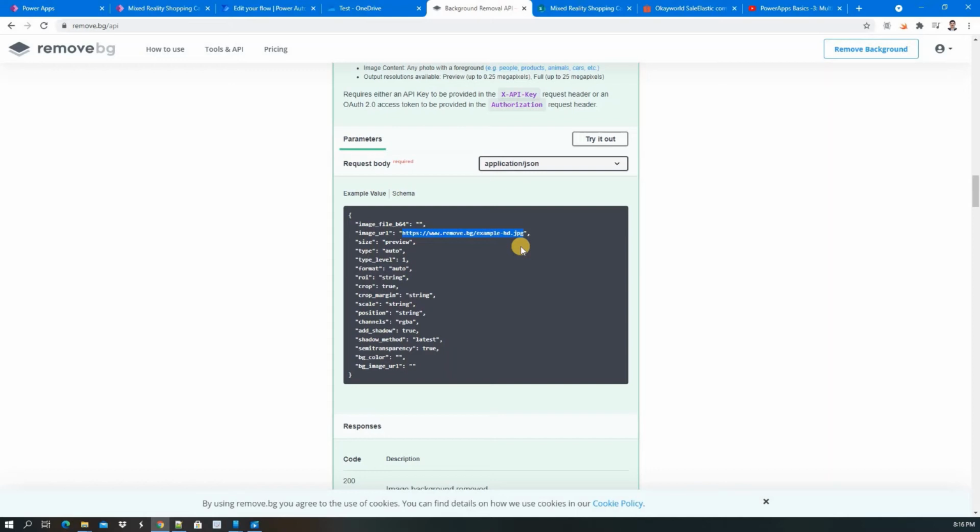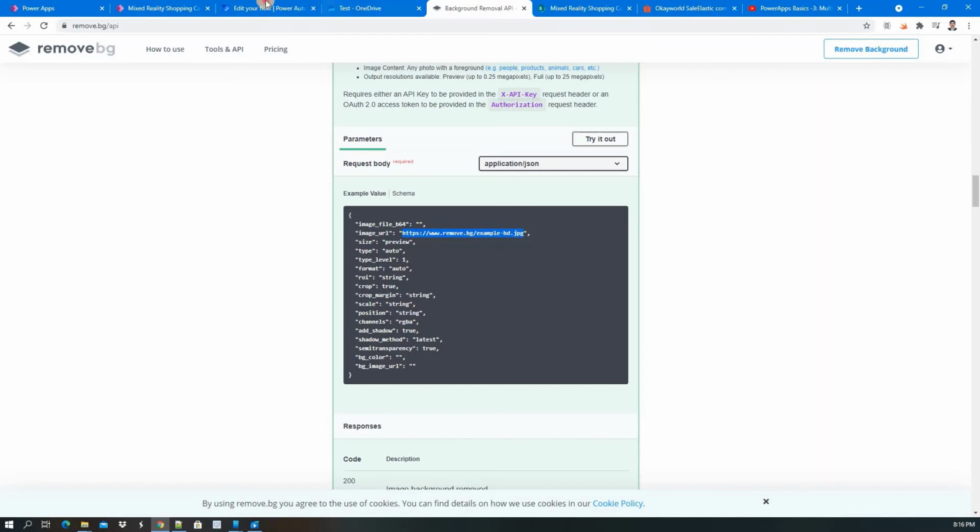One thing I need to tell you: let's say you take an image from your Power App, upload it in your SharePoint list attachment, and provide that URL here, it will not work. Why? Because it needs full access, and SharePoint will not give you that access.